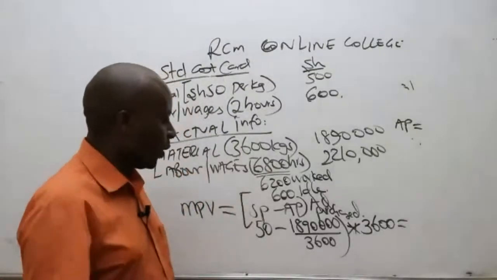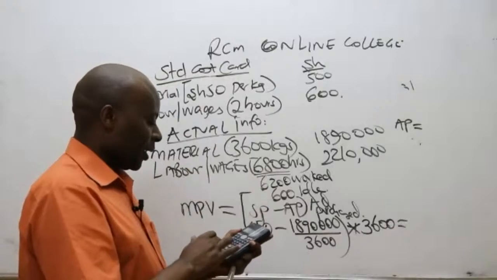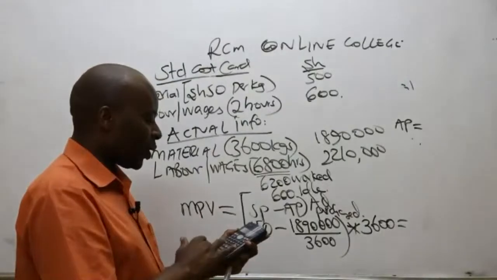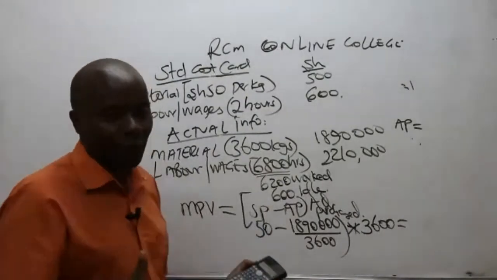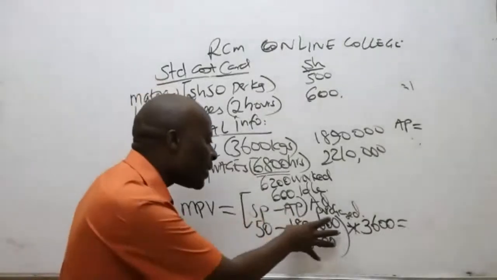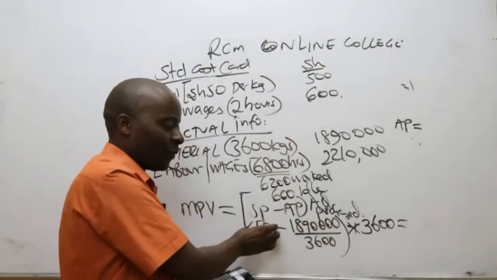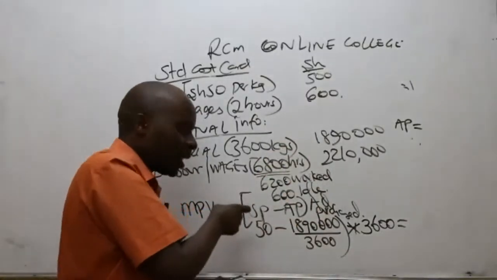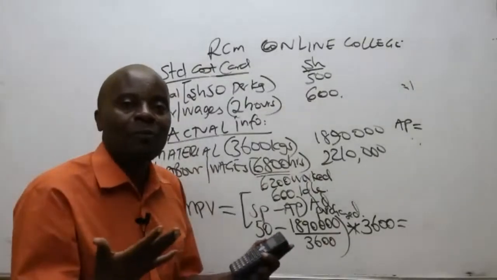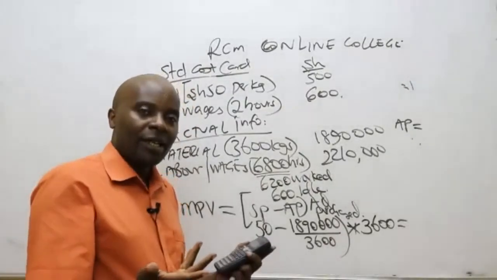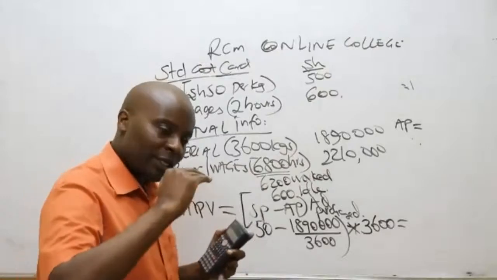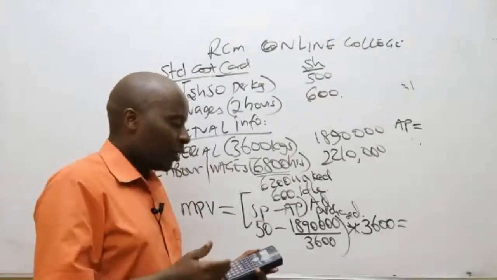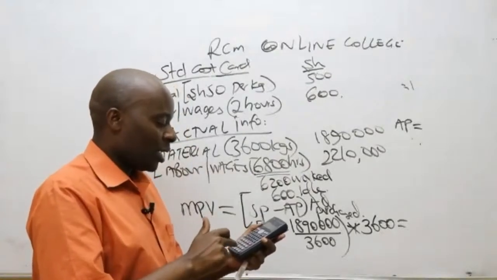So I'll get my calculator. Total of 50 minus 1,890,000 divided by 3,600. I'm able to get a negative 475. When I get a negative, it means that this figure is bigger than this. If it's bigger, the actual price is bigger than what we had set. It means, ladies and gentlemen, that in terms of profits, we bled. Life was not very good for us, because we had set to buy our materials for 50, but we ended up paying more. So times 3,600, I'm able to see.